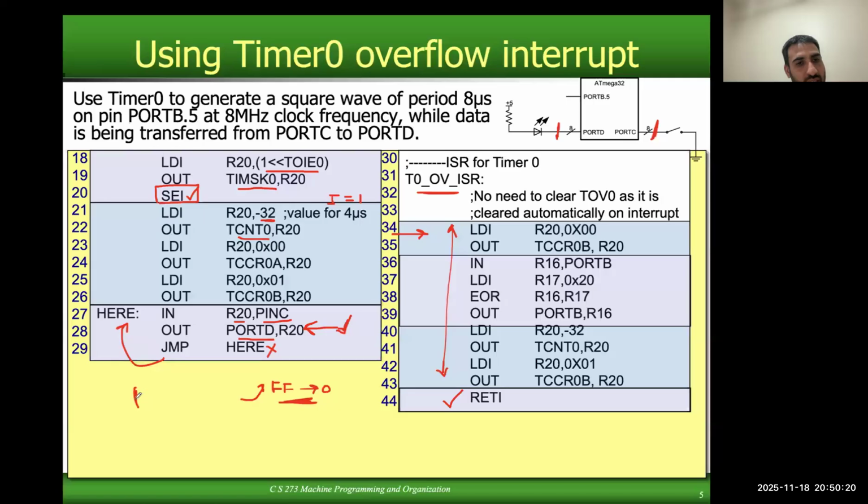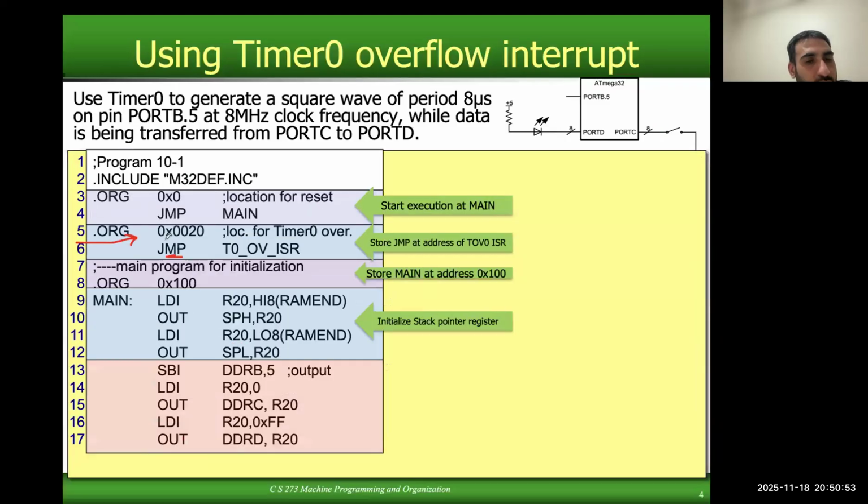So the next instruction to be executed was this one, jump here, right? So PC was pointing to this place when the interrupt happened. When the interrupt arose, the microcontroller will put the value of the PC on the stack. I'm just indicating it by X because I don't know the address. Or let's say this is our address 29, right? So the microcontroller will put 29 on the stack, and then it will go to the address 0x0200,